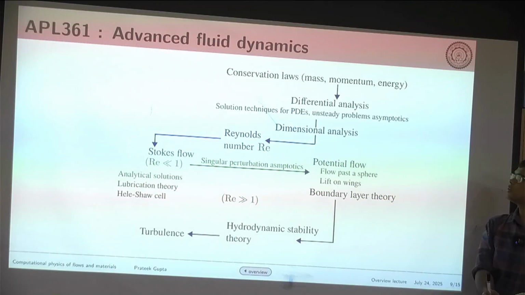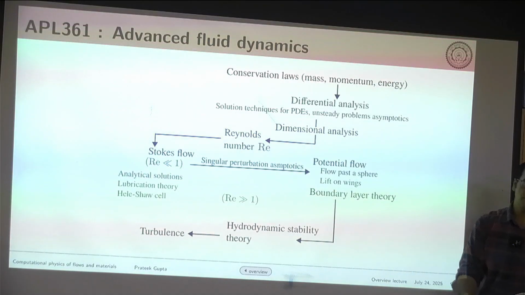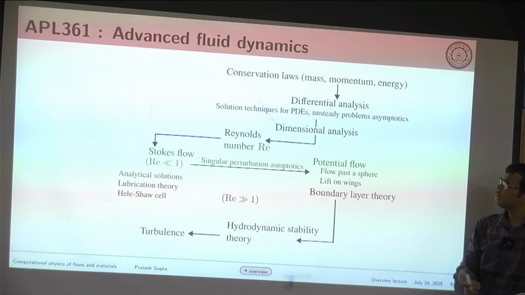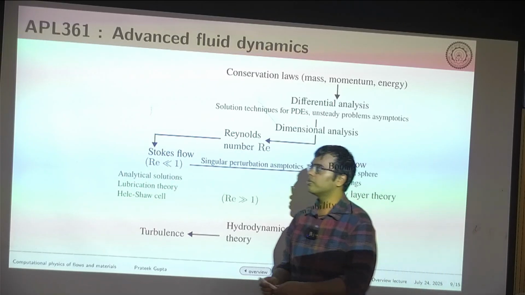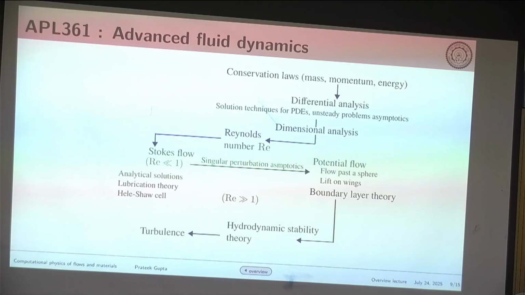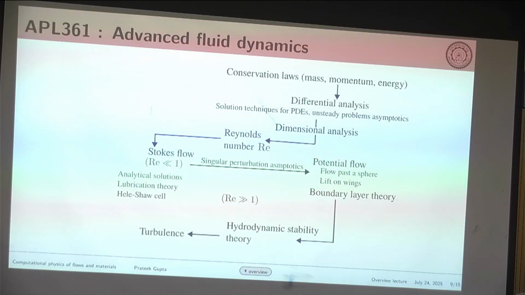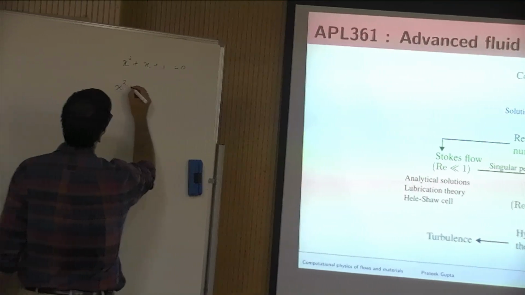This is also not a formal course in asymptotics, but the fact that we have to look at boundary layer theory means we have to make a formal introduction of asymptotics. Basically, asymptotics means that, let us say, you want to solve, for example, this problem. If you want to solve it exactly, it is very straightforward for you. But if I ask you for a quicker answer for this problem,